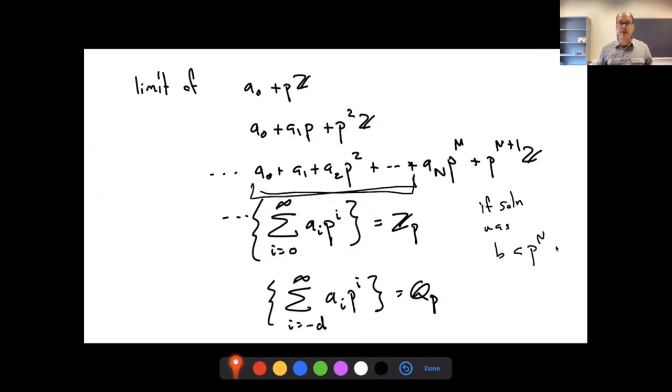These things form a nice ring, which is called the p-adic integers. And if you let yourself get some negative powers of p in addition, you get the p-adic rational numbers. The nice thing about these is that this is a field, it contains Q, and it has what you might call metric or topological